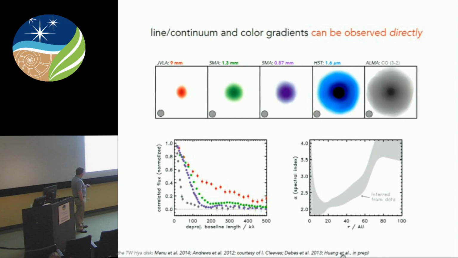So in the inner part of the disk, you're down at alpha about 2, right? And so the assumption there is that you have very large particles. And as you get further and further in radius, you get to alpha about 4, which is what we see for the diffuse interstellar medium. So we're talking micron-sized particles are dominating the emissivity.